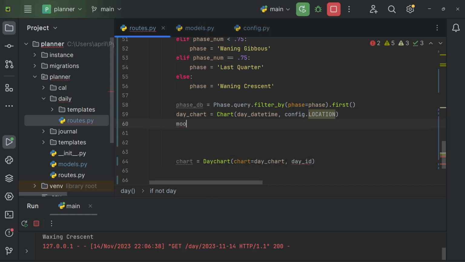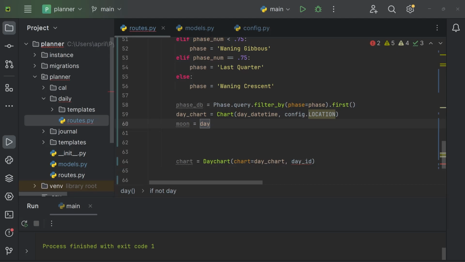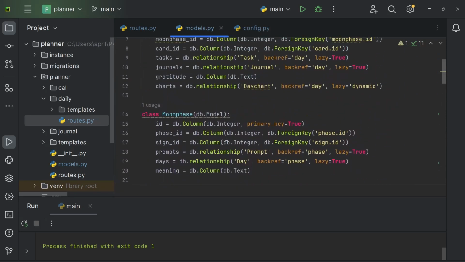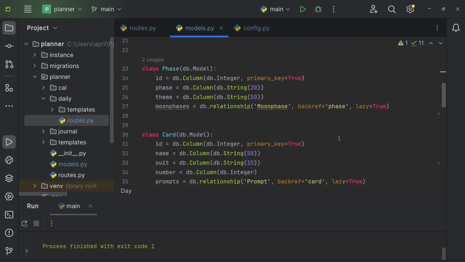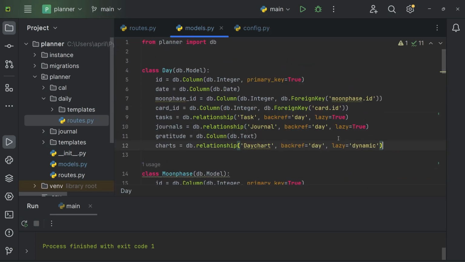So we'll say moon is equal to day. You know what? I need a sign, a sun sign. Give me just a moment. Okay, I think I want to add to my models. Let's take this out so we're not having the red line there. And in my day, do I have a class for sign? I do. So I want a sign ID is equal to